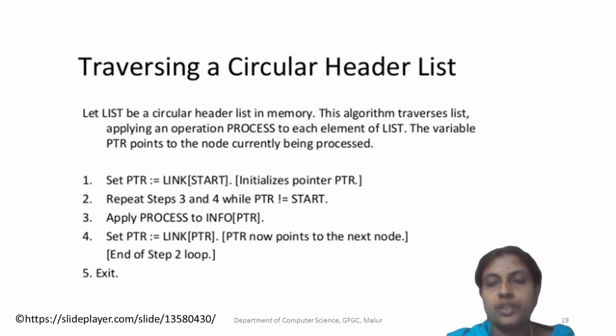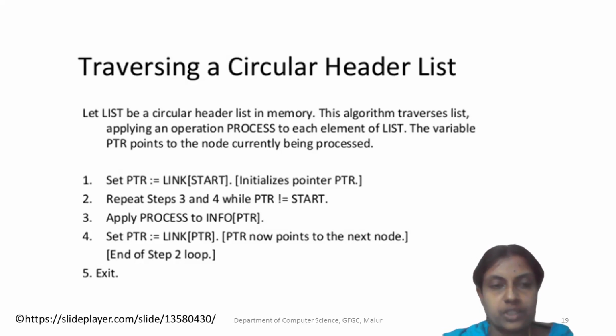So there is a possibility of traversing a circular header list. Usually this traversal works like other traversals. First, we need to know the address of the head position. The head position will take you to the header node, the header node will take you to the first node, and the first node will take you to the next node. Like that it goes. And once again, the last node will have the address of the first node. So once you come back to the start address, you stop the process. In this way, we traverse.